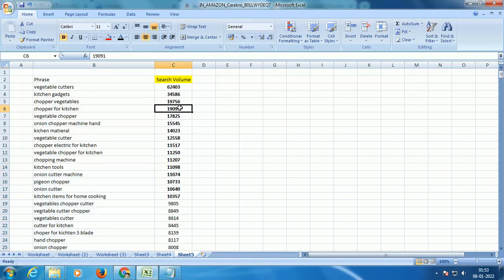So you need to do this part well before launching or before starting any of your PPC campaigns. So this is all about your master keyword research process.